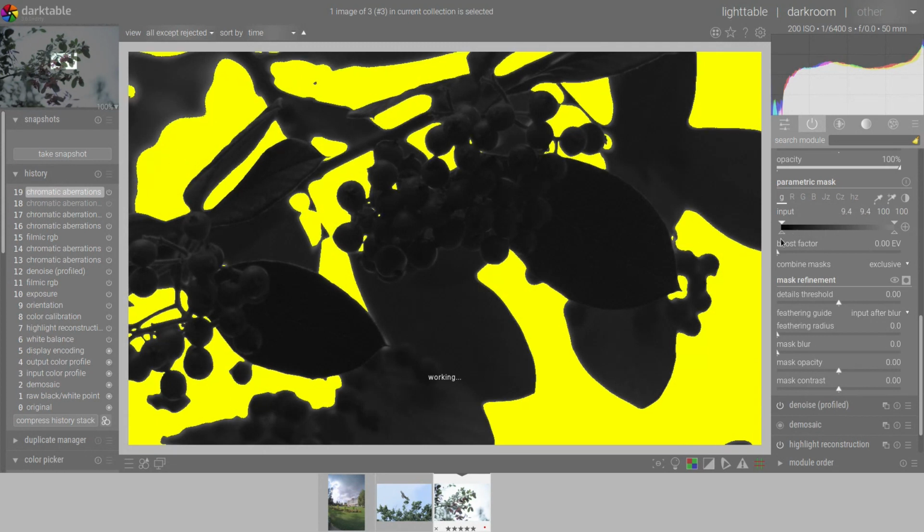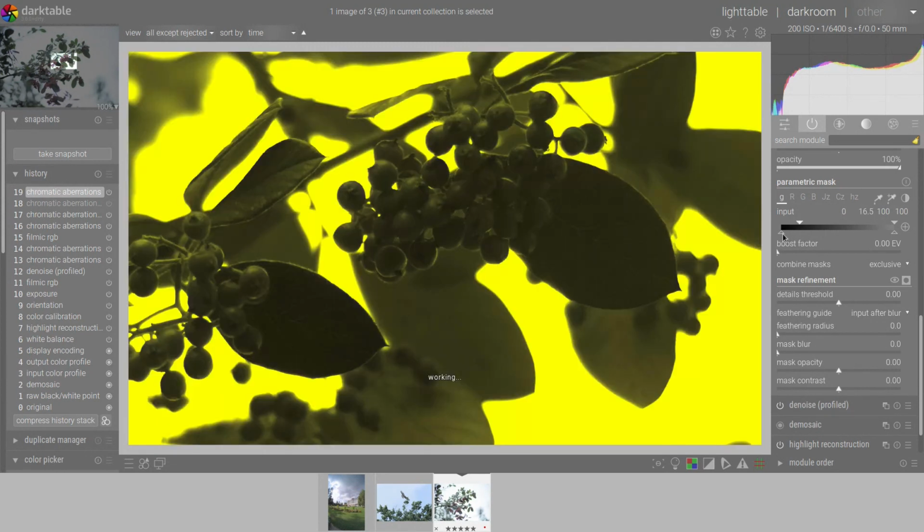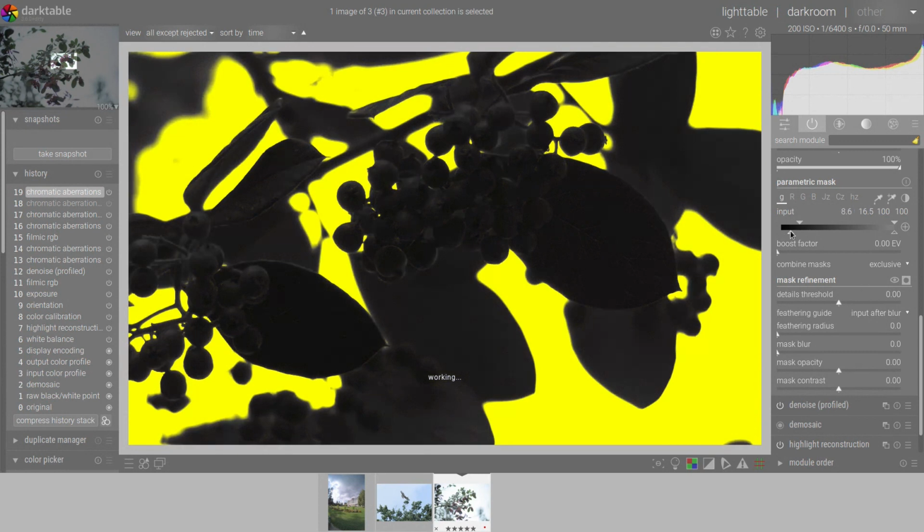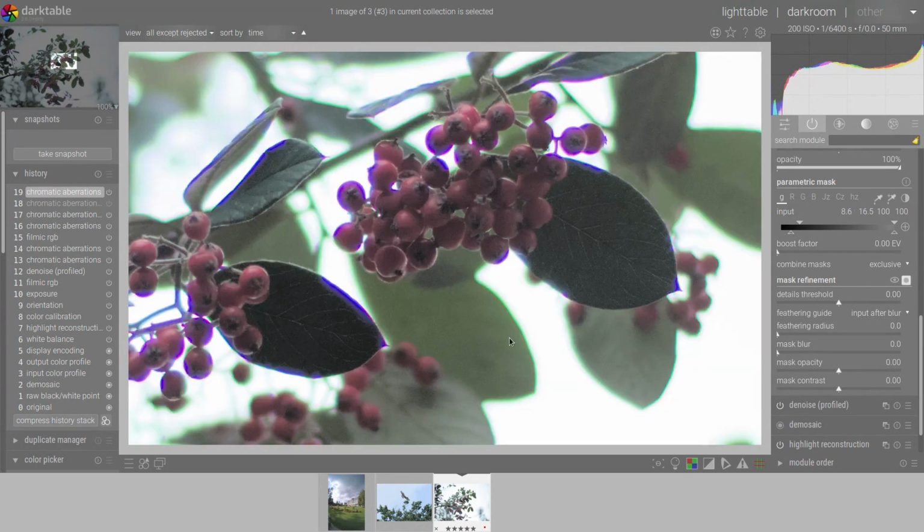Increase this a bit. Not too much, sorry. Define for the highlight of the image. You add a bit of blur, like that, something between 10 and 25, and then you increase the opacity. Not the mask contrast, sorry.